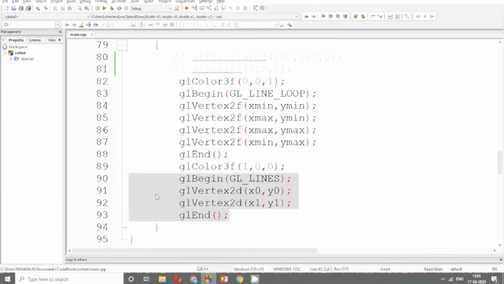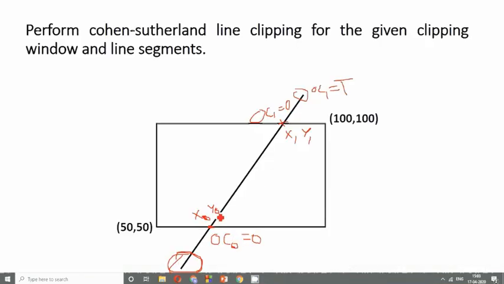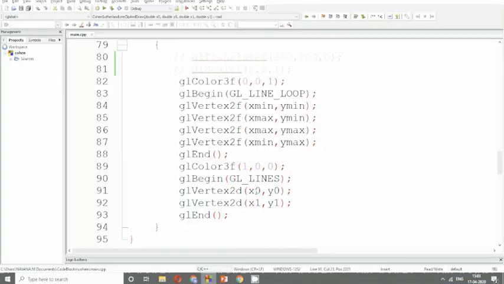Now what am I writing? Again I am writing my window, and then again I am writing x0 and y0 and x1 and y1. And since I have already updated my x0, y0 and x1, y1 to the intersection points, this line will be drawn for the intersection points. Now this is what I do if I accept. I draw the clipping window again, and I have drawn my line again. If I display it, I'm not getting the output.